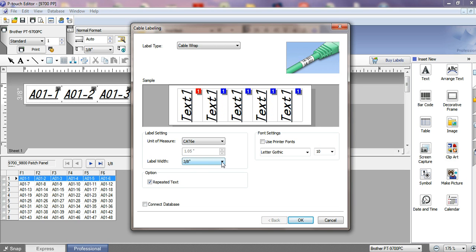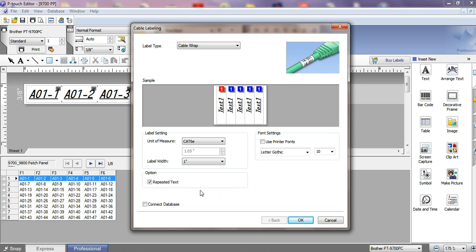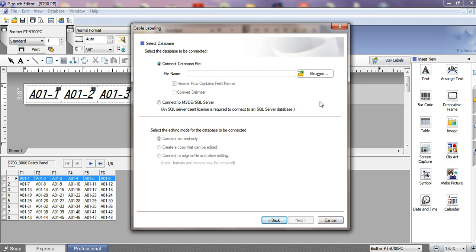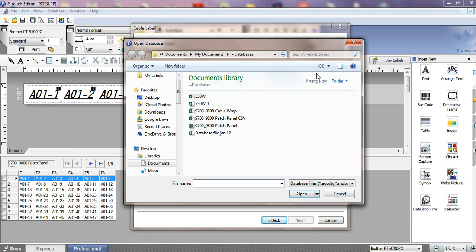Now, on the label width, at bare minimum, we recommend 3/4 inch width. I'm going to go ahead and select 1 inch. You do want the repeated text box checked. Don't worry about anything over here at this point, but we're going to go ahead and connect the database. And let's go out and find the database or the spreadsheet that I created earlier, which is going to be the